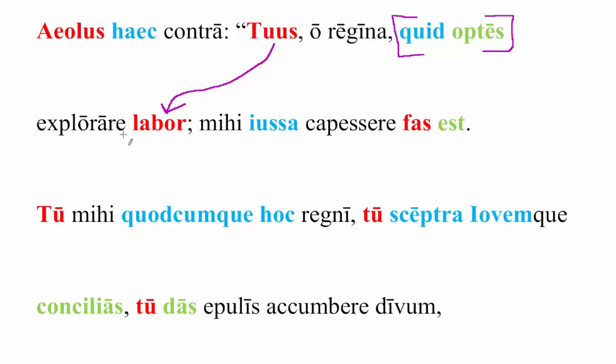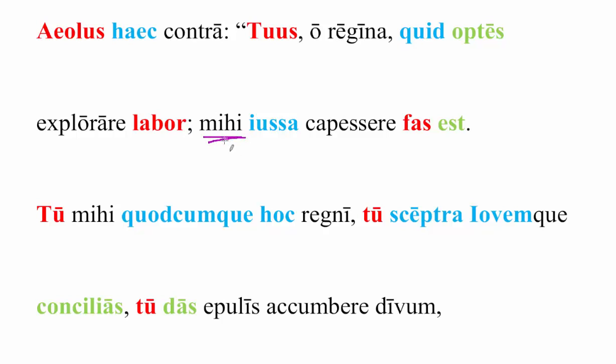To. All right, this is not a complementary infinitive. That's why it's not in green. It's actually acting as the predicate of the understood verb est. It is your business, O my queen, to seek what you desire. And we see the subjunctive here, opto, optare. We see the present subjunctive here in the indirect question, and quid is the object. What do you seek? So, O my queen, it is your business, your work, to seek out the things that you want, or the thing that you want.